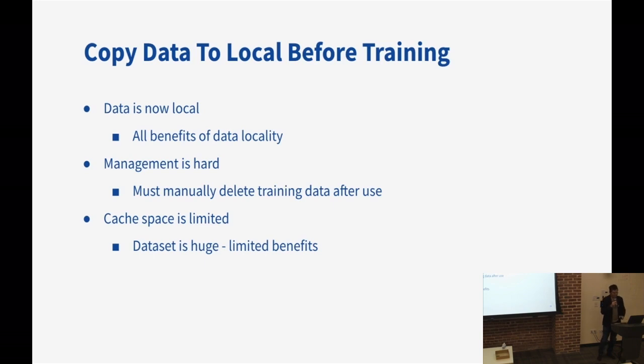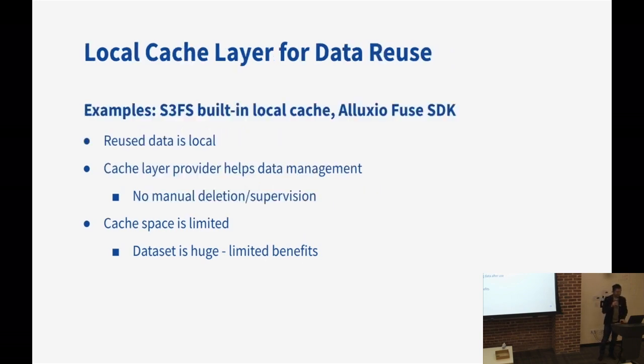So in this case, we are thinking we can use something we call a local cache, which means we are using a local disk as a cache. This can handle the data migration and copy. You don't need to delete the data. After you put some new data into the cache, the old data will get evicted somehow. But the same thing, the capacity is still an issue there, because, as I mentioned, the data set will be very, very huge.